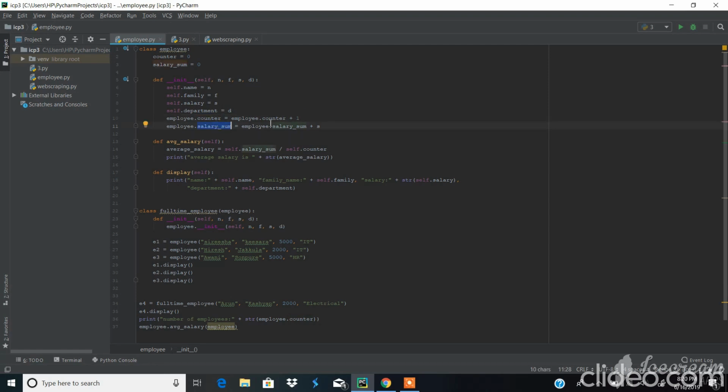Coming to the salary sum, it is also the same, but it will add on the salary of each employee whenever a new employee is added to the class. So coming to the average salary function, I'm taking the self object of the employee class, where how it calculates is it will take the